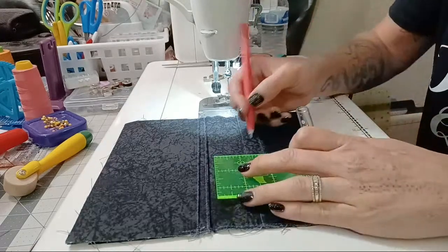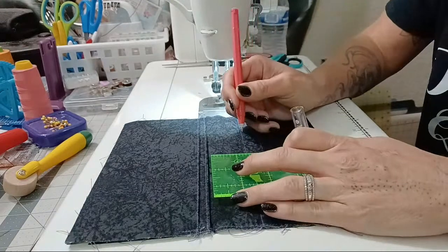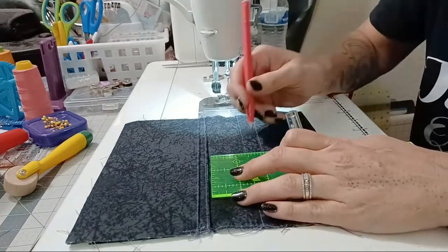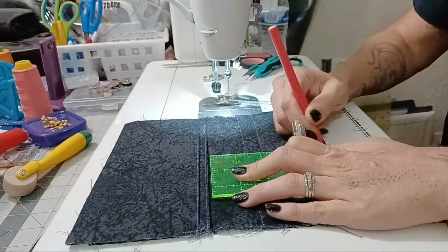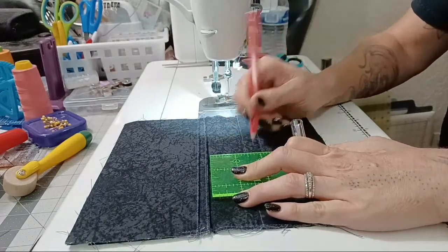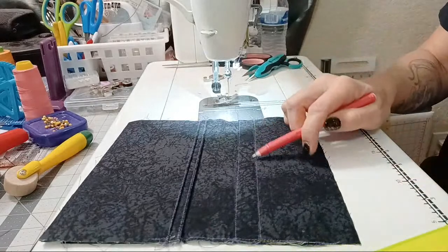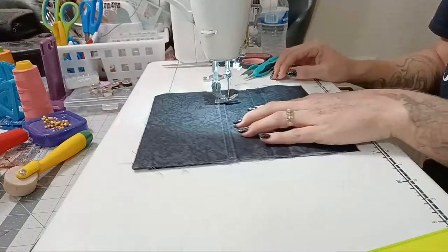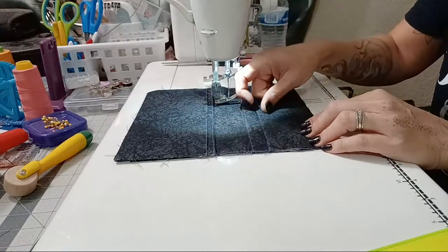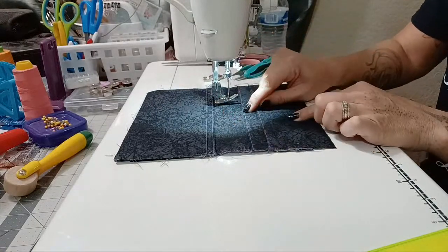We're going to straighten this line up right here. Hopefully I'm going to be able to see this. Oh my goodness, it's already so dark. I really need to see that. Okay. I don't know if you guys can see my line, but I can see it, and that's the whole point. All right, we're going to slide this under here, and I'm going to stitch right above this flap, down,